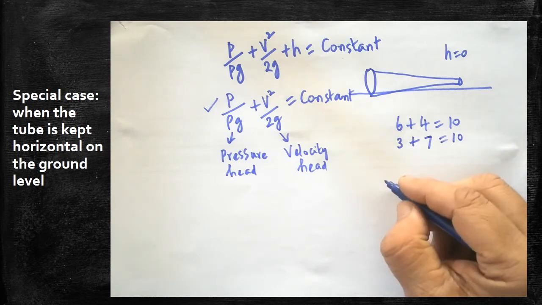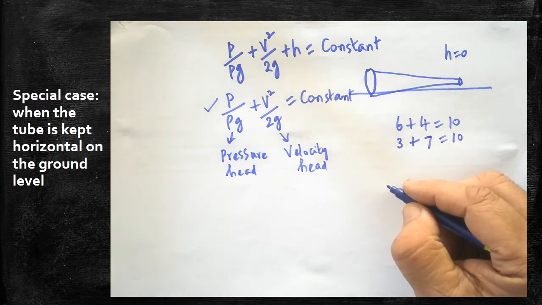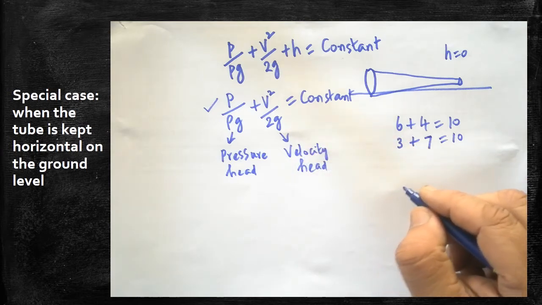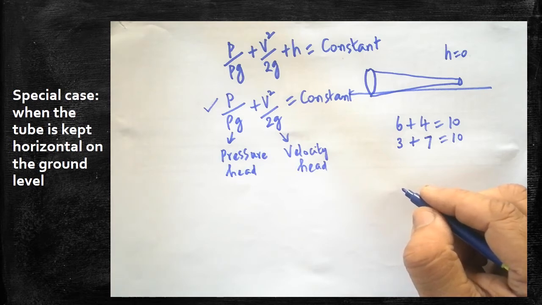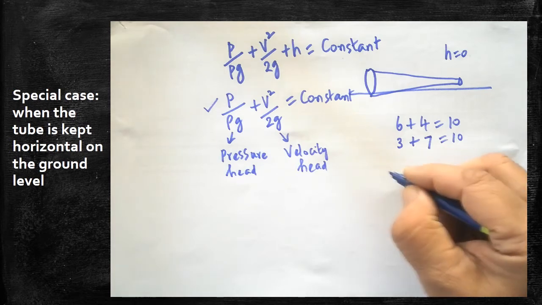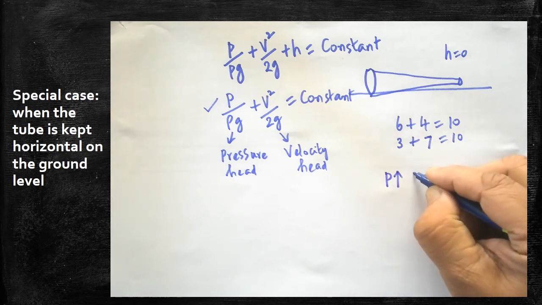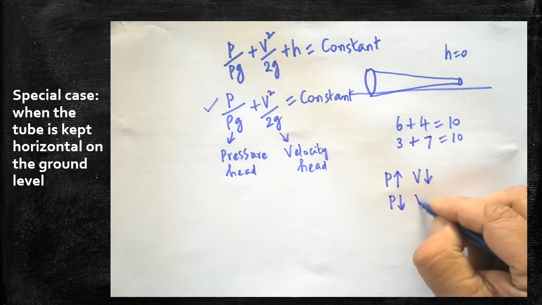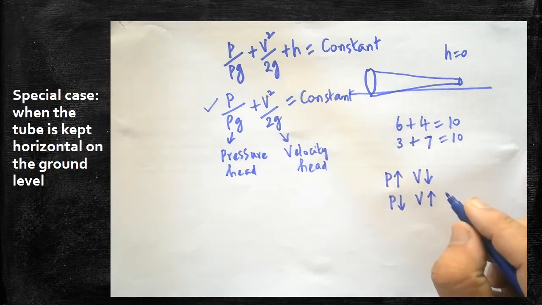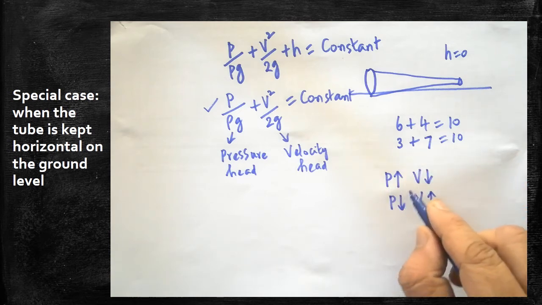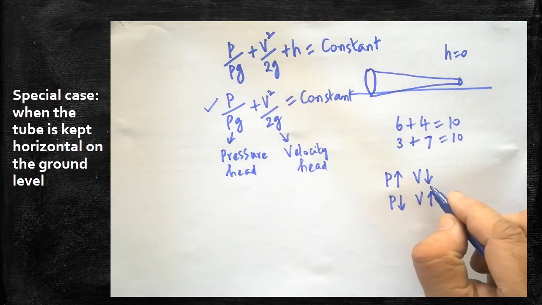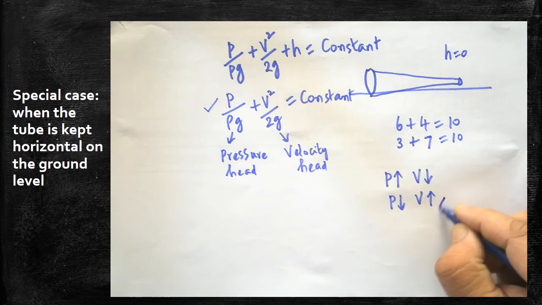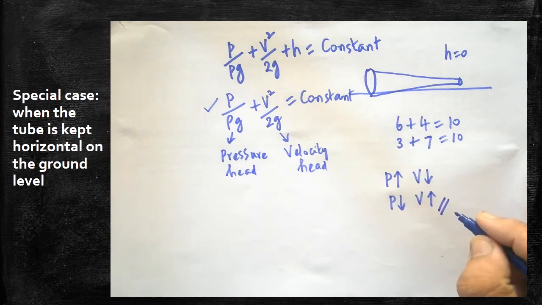So the ultimate conclusion is, you should know that. Next, you are going to learn about the applications of Bernoulli's theorem. There, this particular concept is very much essential. Only then can you understand the applications of Bernoulli's theorem. The thing is, when the pressure increases, velocity will decrease. Make a note. When pressure decreases, velocity will increase. Are you clear? So this knowledge is essential. Here if one is increasing, another one is decreasing, but the addition of both the two will be a constant. Make a note. This knowledge is essential to learn about the applications of Bernoulli's theorem.